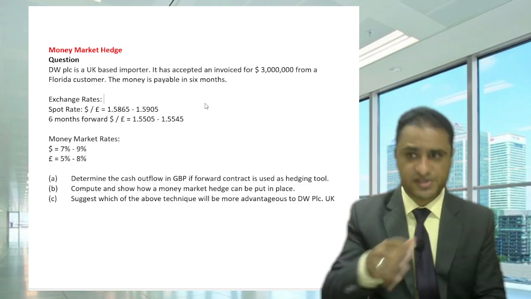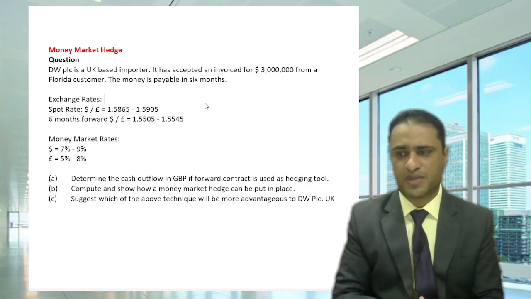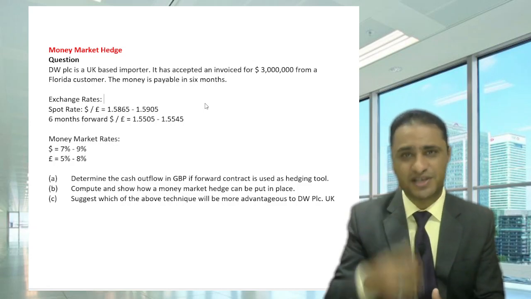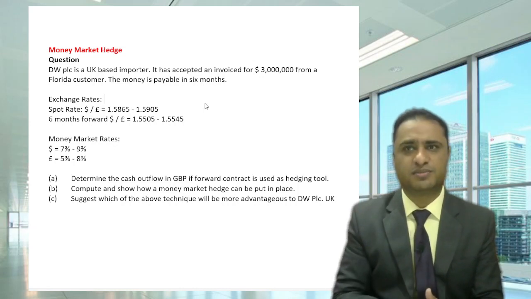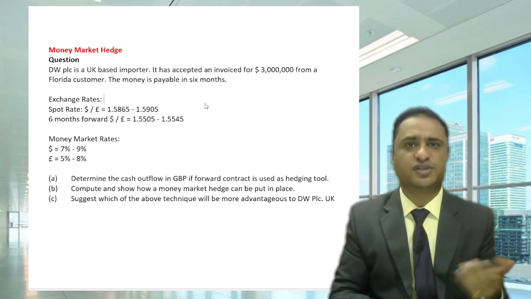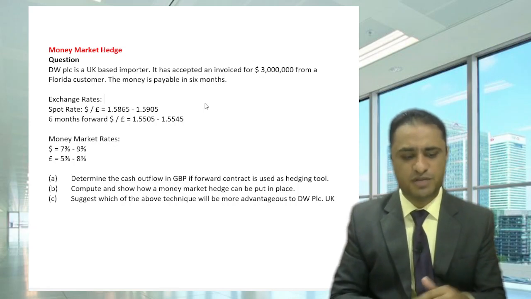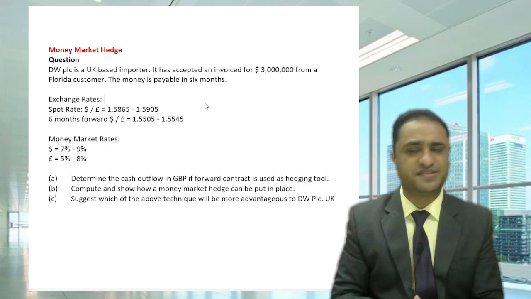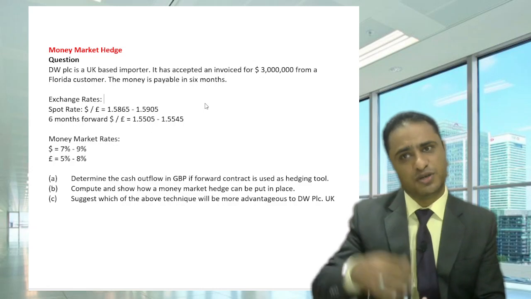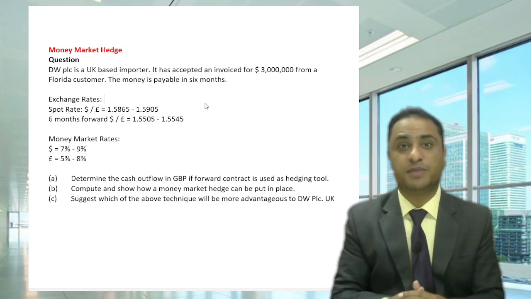Similarly, when you deposit money into the bank or when you borrow money from the bank, those two rates will never be the same. The bank has to make a profit from accepting a deposit and lending the money to the borrower. So there is always a spread between the deposit rate and the lending rate. Suppose you are running a bank and someone deposited $100 in your bank, you will be paying him 7% on his deposits. But when you lend those $100 to some other customer, you will be charging more than 7%, say 9% or 10%. Then only as a bank will you be able to make a profit.